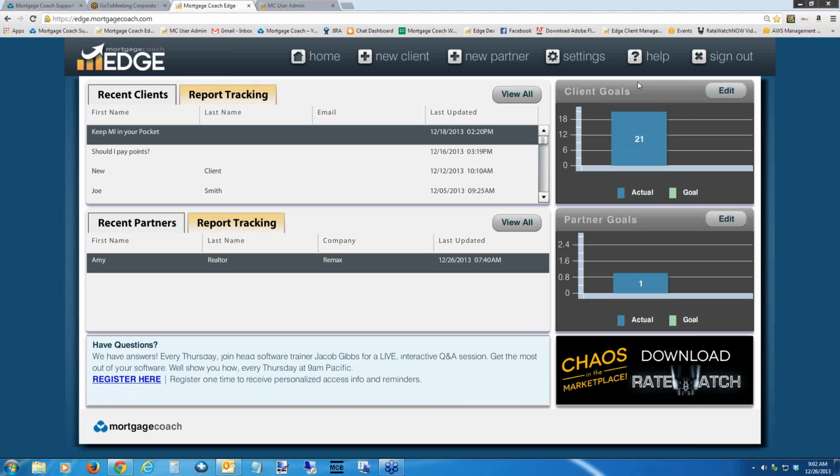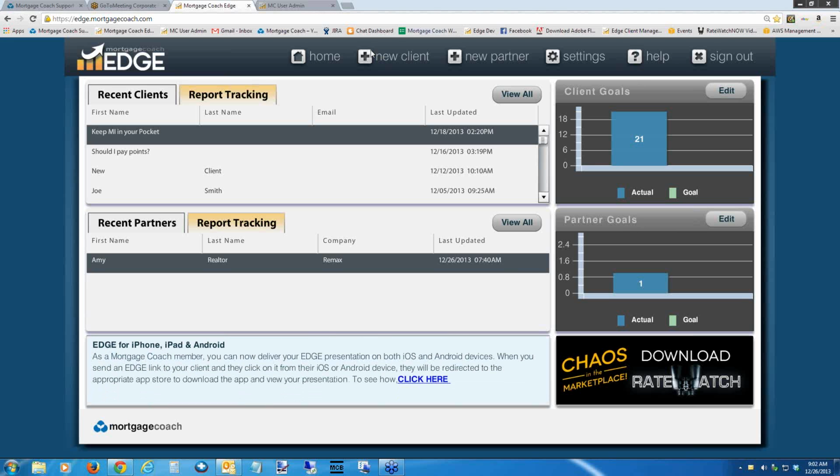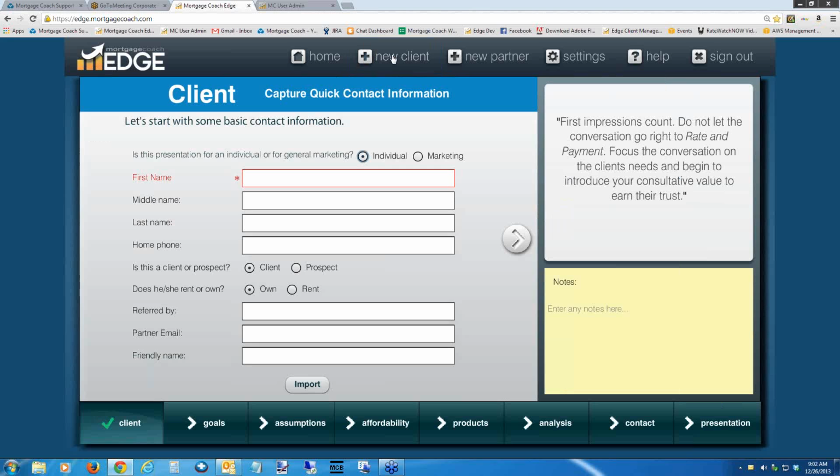But all right, let's get to some tips real quick here. So I know they've drilled it into your head enough here, but your templates are always going to be the fastest way that you can get things applied inside Edge. But I'm going to show you some other time-saving features. So for instance, let's start with a brand new client. The first thing I want to do is point out areas that you can actually bypass. When you just want to get a quick presentation out, just a quick quote for somebody, the way to do it is